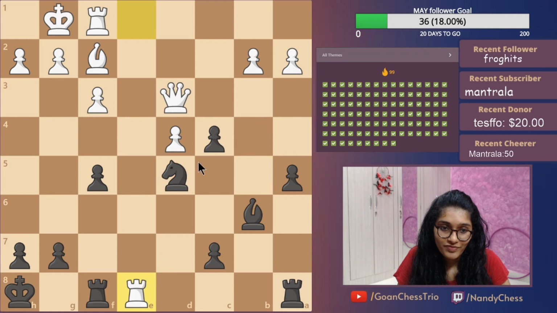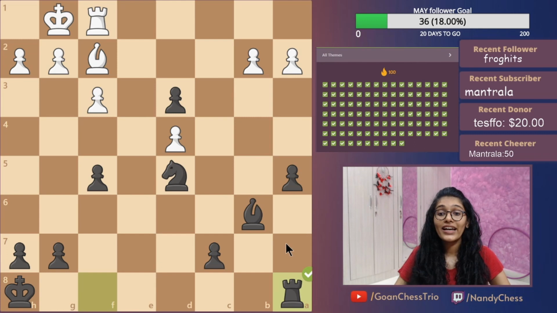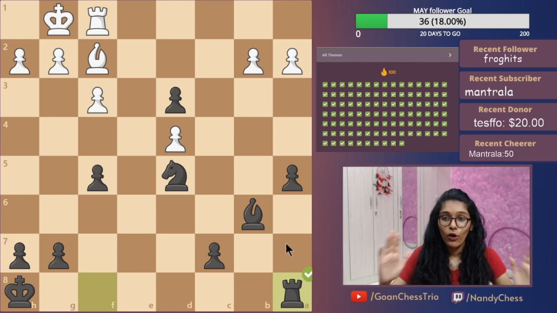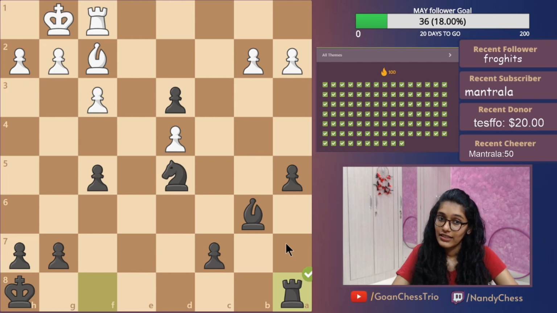So he has captured a queen, we capture his queen, he has traded rooks, and we have completed 100 of the basic puzzles, that is from 0 to 1500. It's very tiring. I actually wanted to continue with 1500 to 2000 and keep increasing the level,